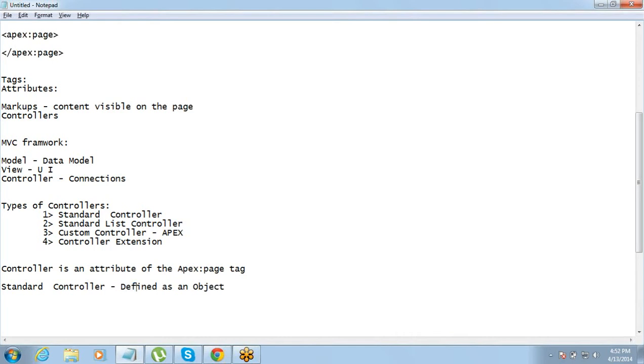A standard controller is defined as an object. Straight away defined as an object.